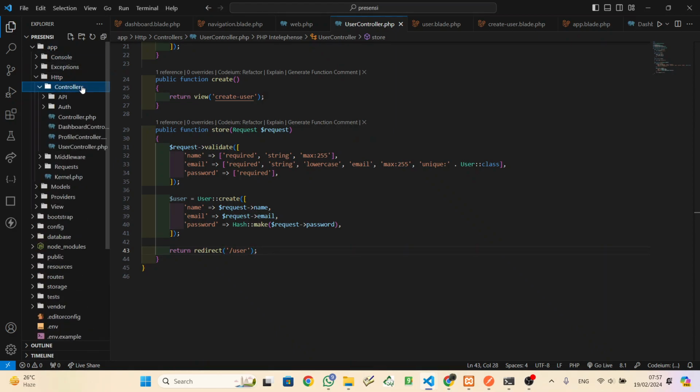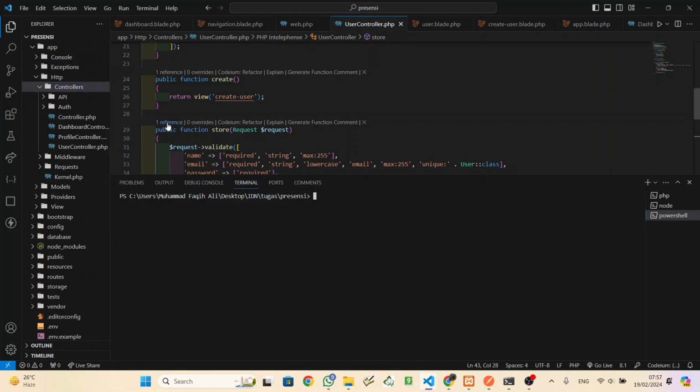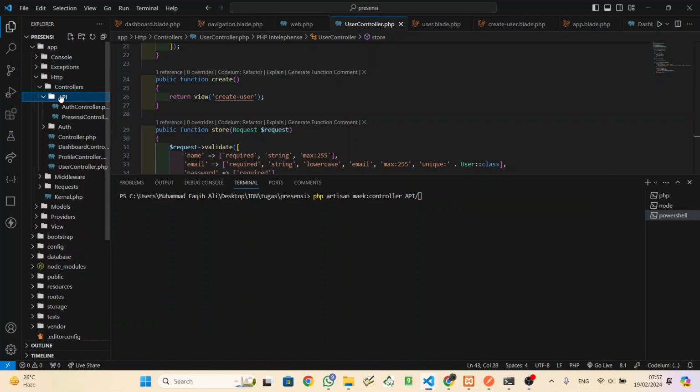This one, add controller. The first thing you have to do is php artisan make:controller Api/AuthController, like this, slash api, or without that is okay, there is no problem.